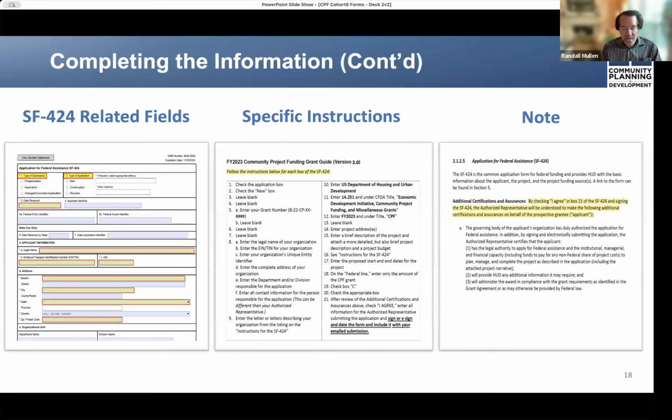To correctly follow the specific instructions, you must possess three essential pieces of information referenced by TDA in prior webinars. One, the legal name of your organization. Second, the unique entity identifier, UEI, from SAM.gov.